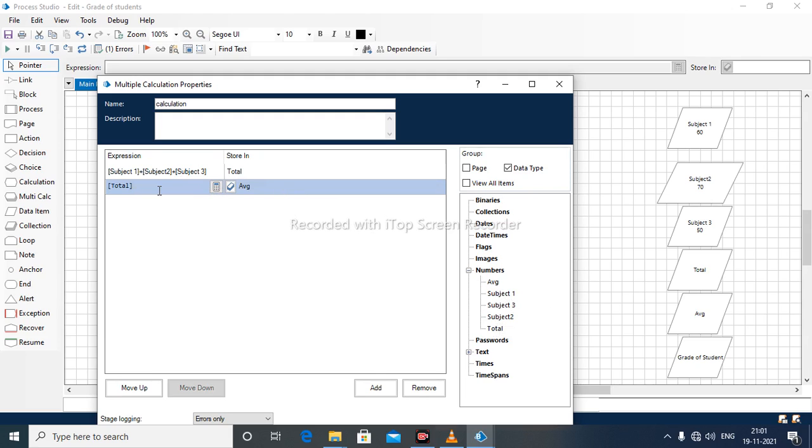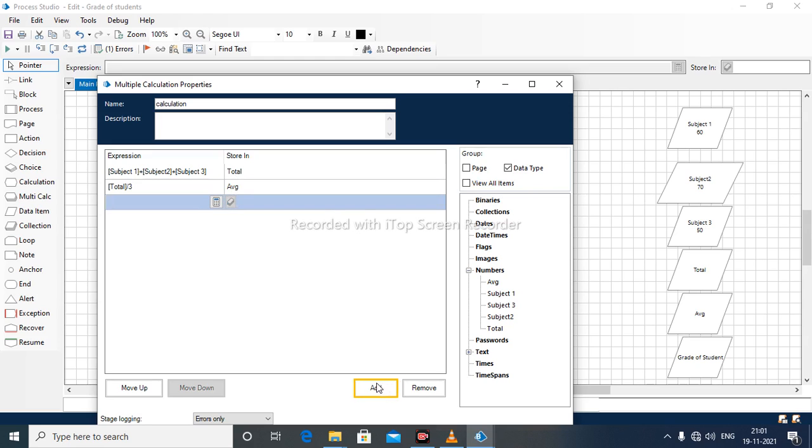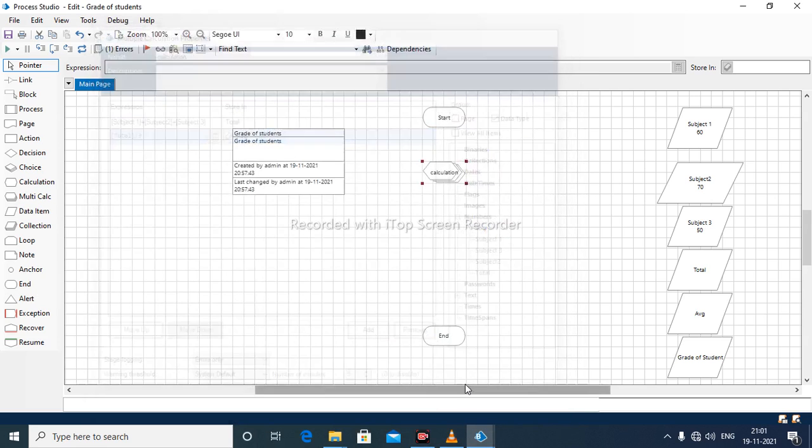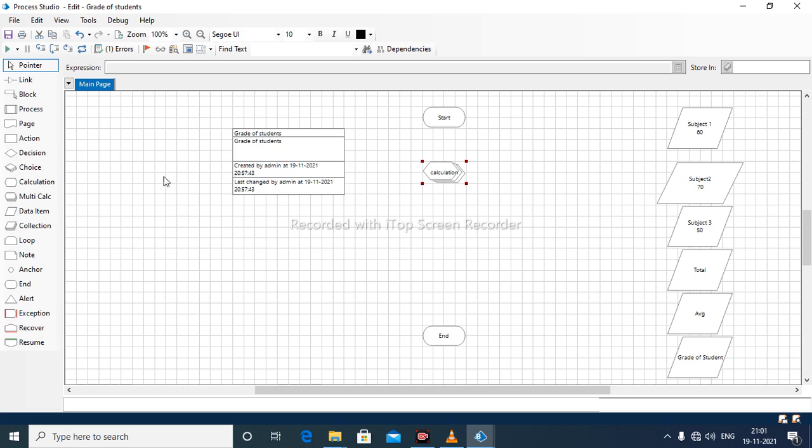So total divided by 3 will be equal to average. Getting it? So we have completed this calculation stage.